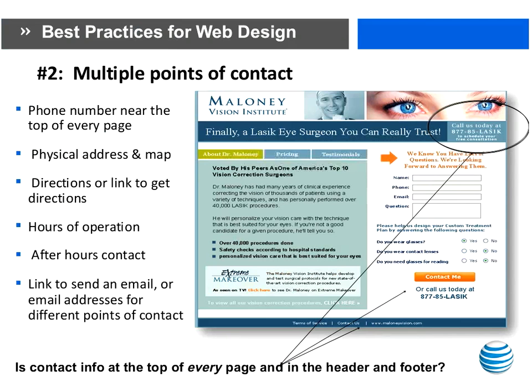Now, another fundamental is to visibly provide your contact information on every page throughout your site. Make it easy for customers to reach you, and they'll be more likely to take action when they come to your site. Include your phone number on every page, and I'd suggest that you include your physical address if you have one to show customers that there's a real company behind the website, and it'll make them feel like there's less risk to do business with you. If you have a location that customers can visit, then show a map with cross streets along with driving directions. And include your